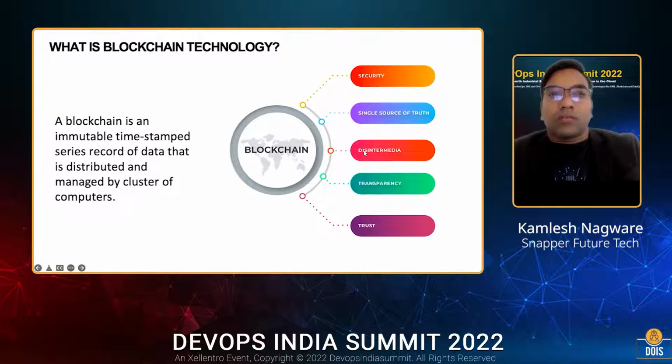Disintermediation, because blockchain is trying to solve the removal of the middleman from businesses. Currently we need the middleman because we don't trust each other while doing business. For example, in the banking system SWIFT plays an important role in international cross-border payments, because every bank has its own database and its own system, and then does the reconciliation later. But if we are part of the same blockchain network where we do this business together, then this intermediary can be removed.